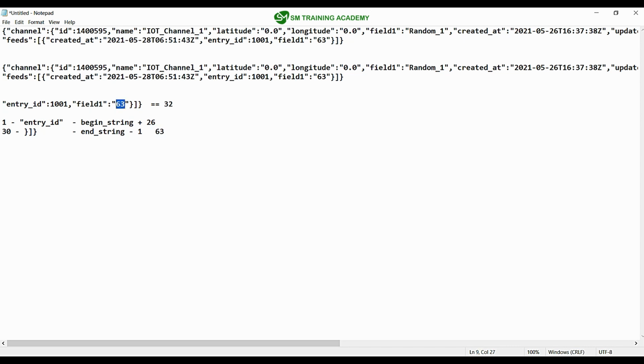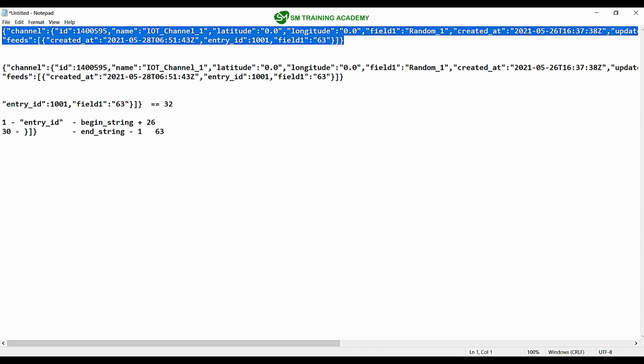The data will be printed if you print the string from the index begin string plus 26 till the index end string minus 1. In this manner, using this methodology, we print and store the data from the entire string onto a separate variable.